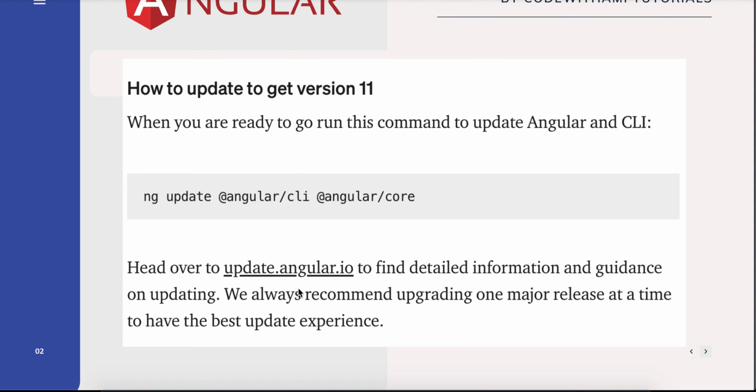Please read the update guide at Angular.io to find details, information and guidance on updating. We always recommend you upgrade one major release at a time to have the best update experience. Do not directly update from Angular 8 to Angular 11. First upgrade from Angular 8 to 9, then 9 to 10, then 10 to 11. That will be really helpful for you.